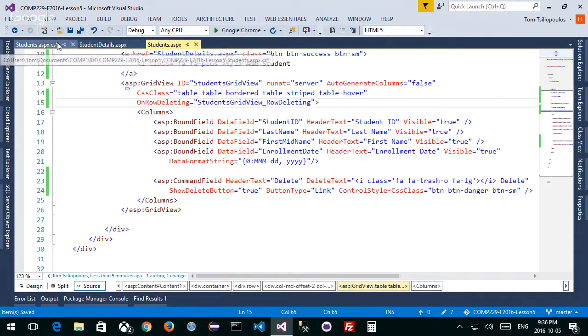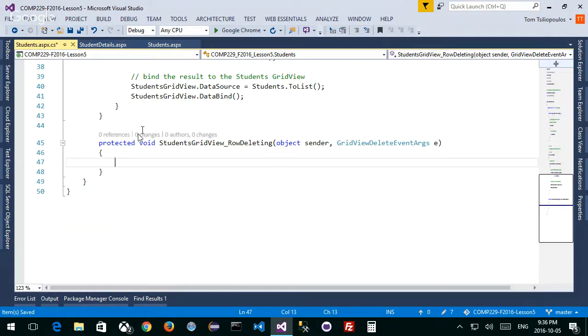Let's go back. Notice that there's a little asterisk now on the student.aspx.cs file. If I click there, you can see that there's a space with a sender and an event argument, right, on row deleting, which is exactly what we did last semester. If you were with me for last semester, some of you may not have been, with Windows Forms. Same thing. Double click on a control, bam, you get this little thing. Instead of double clicking, we're actually typing in the event type. Why? Because we're not dragging and dropping this semester because it's broken, right? It won't work properly, and because we're using Entity Framework. All right, so we got that piece.